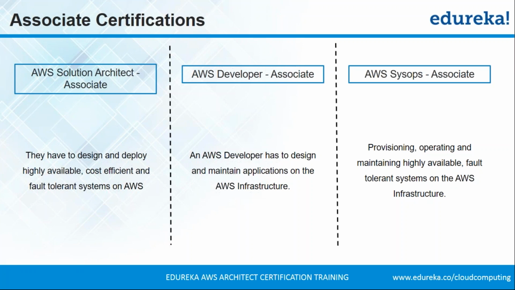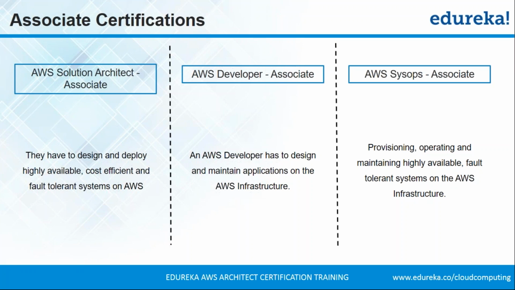All right. So this was the job of a solutions architect, that you have to create architectures which are fault tolerant, highly available, and cost efficient at the same time. Next up, we have the role of AWS developer. The job of an AWS developer is to develop applications on this architecture. All right. So using this infrastructure which your solutions architect has created, you have to create and maintain applications, right? So this is what AWS developer is all about. Next up, we have the AWS SysOps associate. The AWS SysOps associate is basically a system administrator. He is responsible for provisioning, operating, and maintaining highly available systems on the infrastructure that you have created.